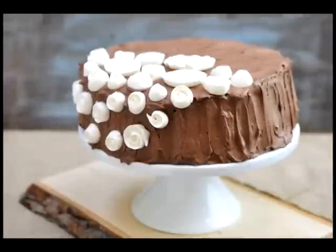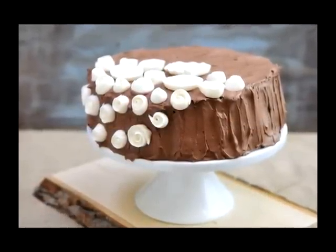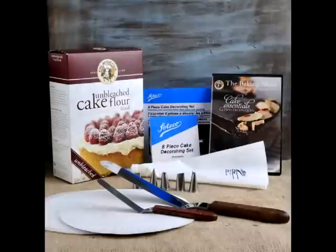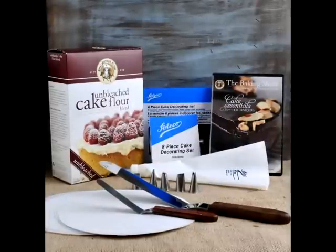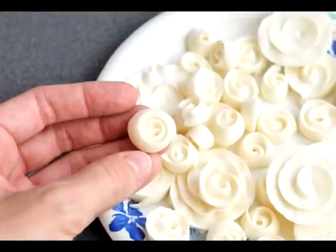Hi everyone, today I'm going to show you how to decorate a pretty woodland rose cake using only several decorating tools provided to me by King Arthur Flour. I'll be using two different sizes of offset spatulas and also a rose tip and a star tip. And first I wanted to show you how to make pretty roses